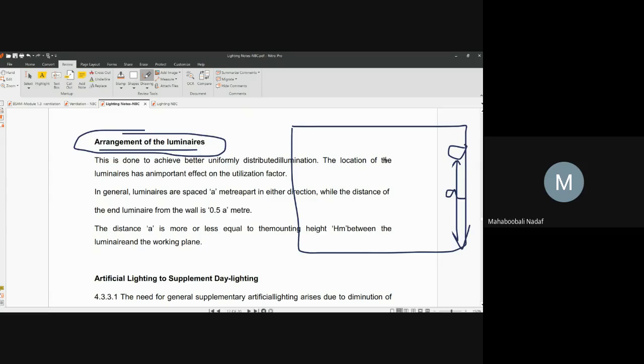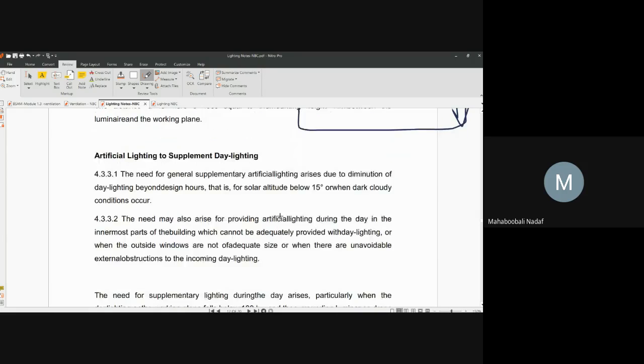If you want to fix the number of bulbs in that room, if it is a big room, you give the spacing approximately equal to A. If it is 2 meters, give that spacing. Generally it is not done, but it's a standard practice. You can see in commercial buildings they do this, because it is done by standard architects. Second thing, if it is in the corner or the last position, you can provide a distance from the edge of the wall of 0.5 A. Is this point clear?